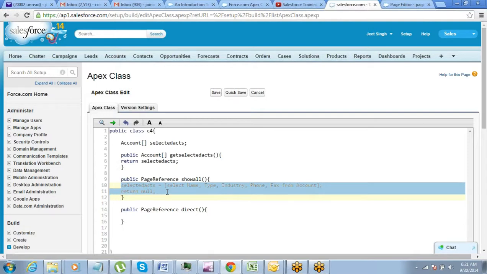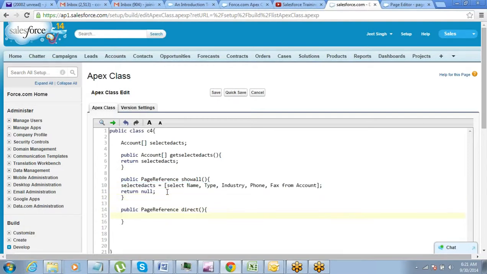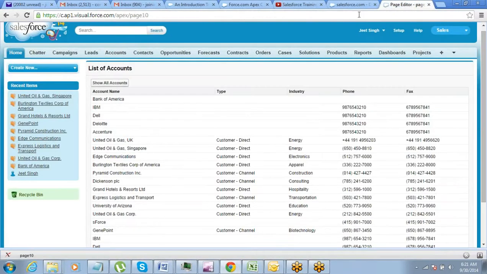Same code I would copy here, but here my logic will be where type equals, for example, customer direct.